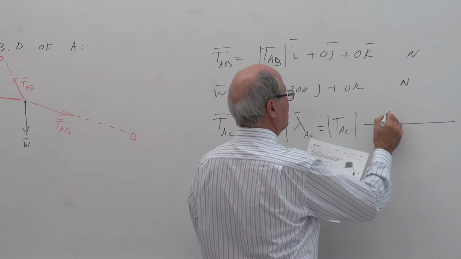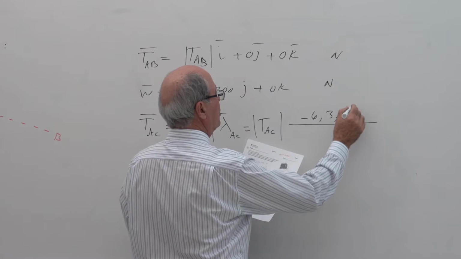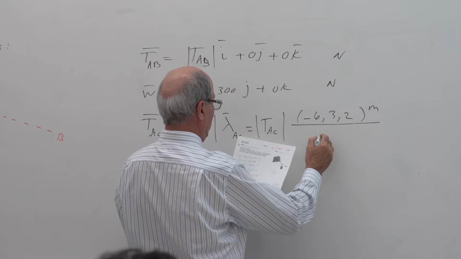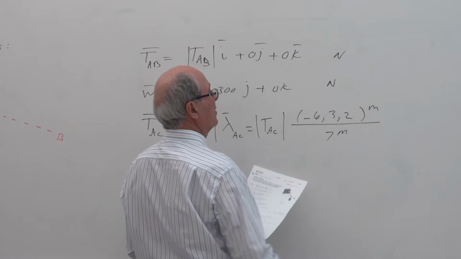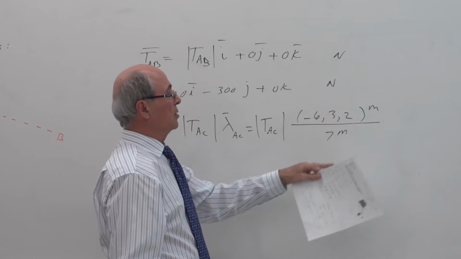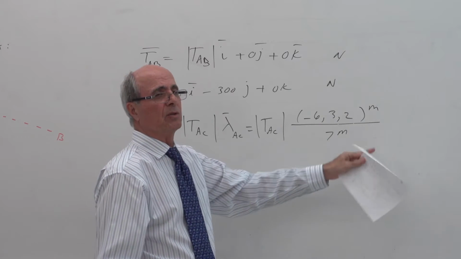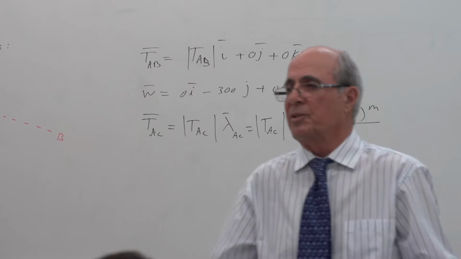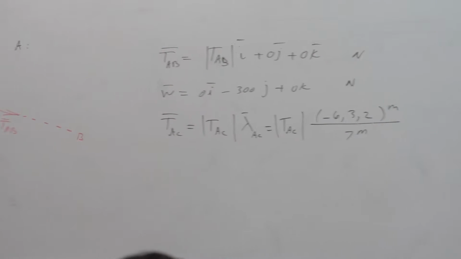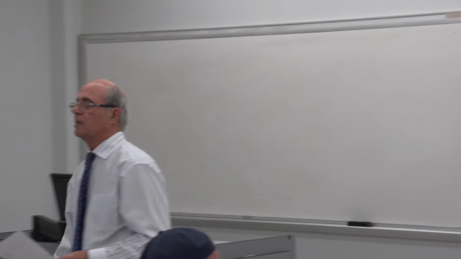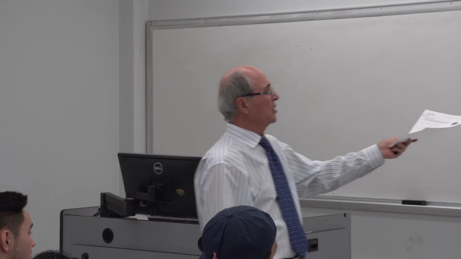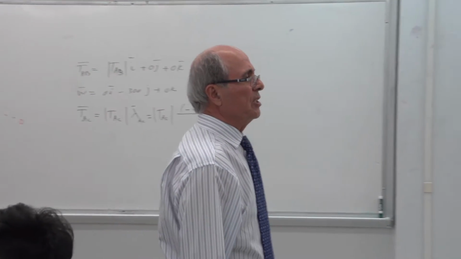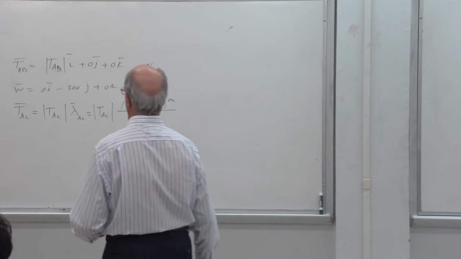So it becomes minus 6, 3, and 2, and the vector is in meters, divided by its magnitude, which becomes 7 meters. This is square, this is square, and we're going to have to expand it. This is good. So why do you expand it and make it into a decimal point? I don't know. 6 over 7 is as good as 0.853. Is that correct or not? Just leave it there. That's it: x component, y component, and the z component. That's all you have to write. You don't need anything else.